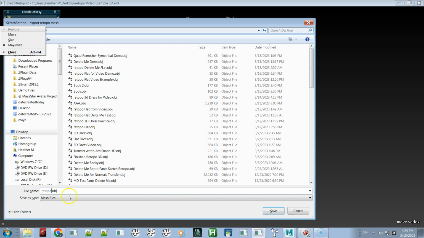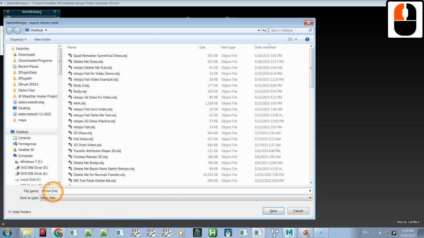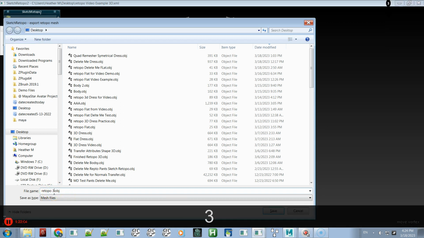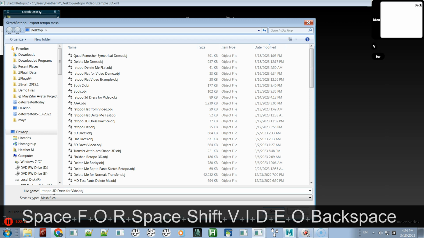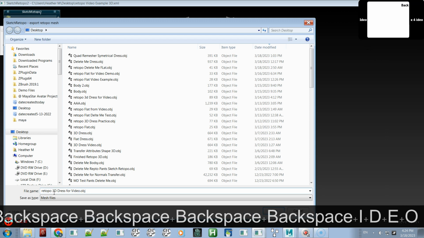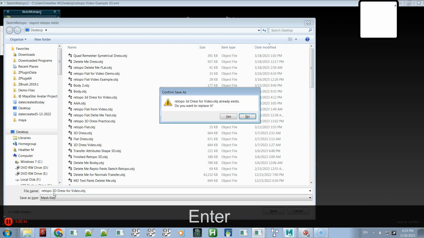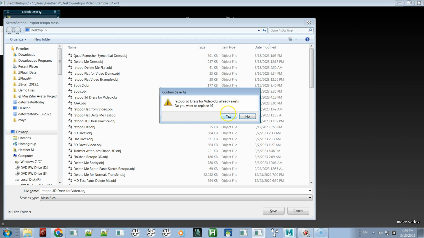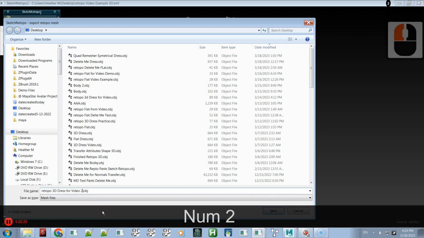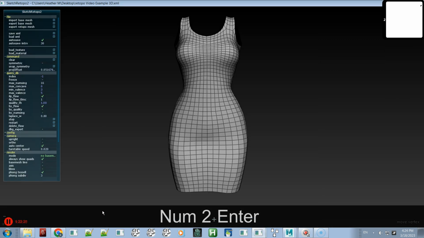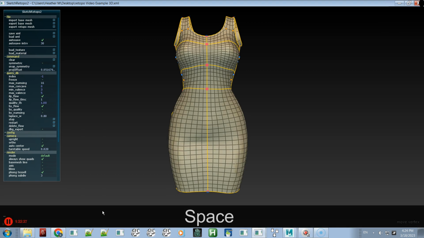Why isn't it doing the space in there? There we go. 3D dress for video. Oh, do you want to replace it? Okay, we'll say number 2, since I've done it once before. Number 2. Okay, so now that we've saved it,